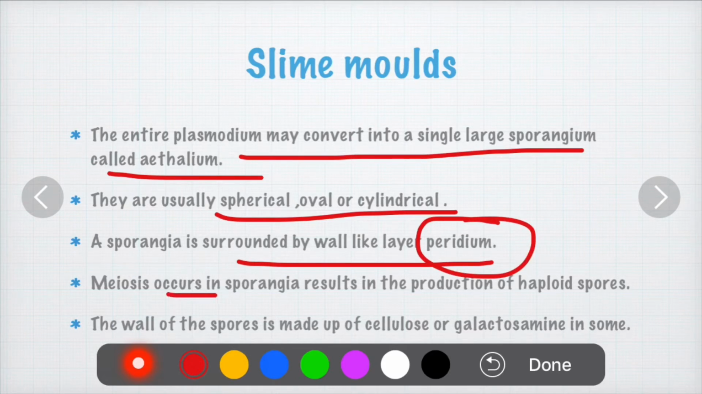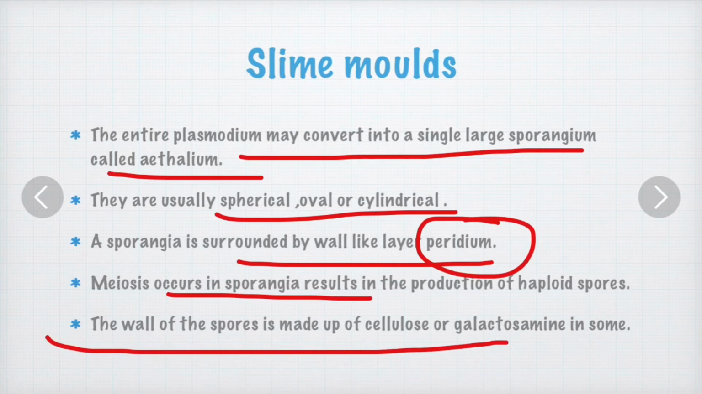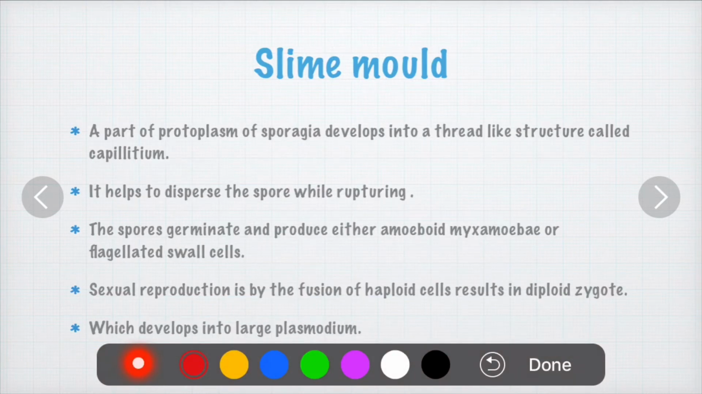Meiosis occurs in the sporangium, which is a reduction division, and results in the production of haploid spores. The walls of the spores are made up of cellulose, or in some other organisms, of galactosamine. A part of the protoplasm of the sporangia develops into a thread-like structure called a